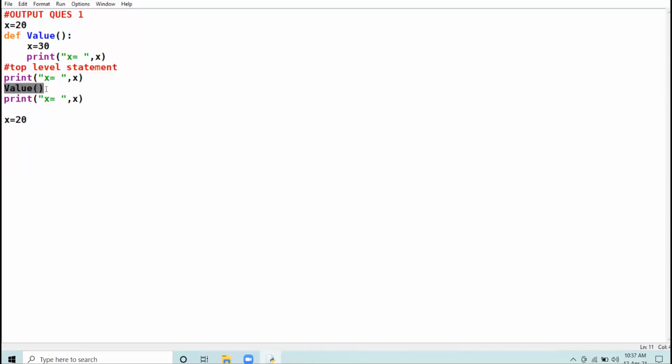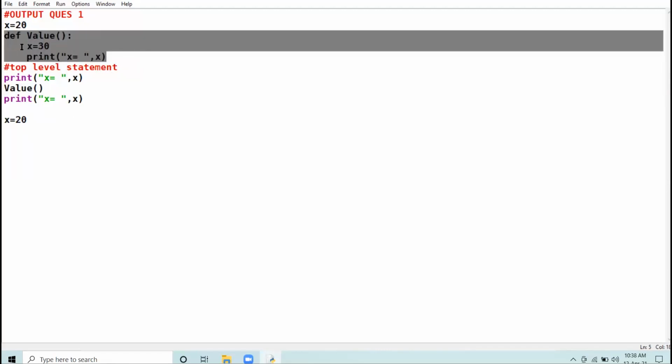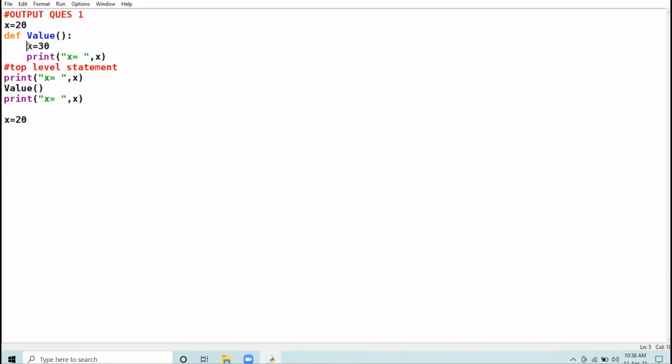Now I invoke the function. After invoking, I jump to the function definition. As I told you in the previous question, when you assign any value to any variable inside the function, it creates a local variable with that name.